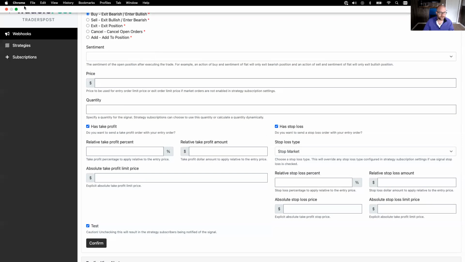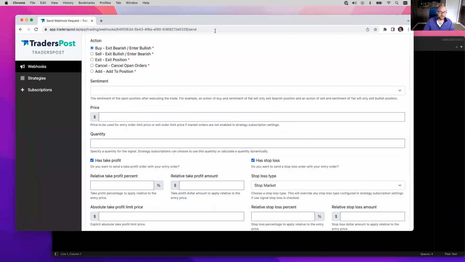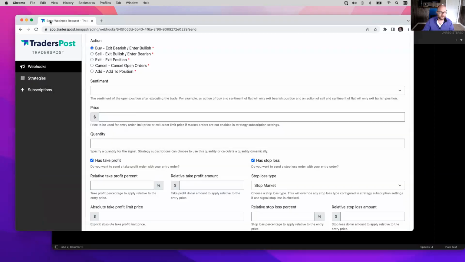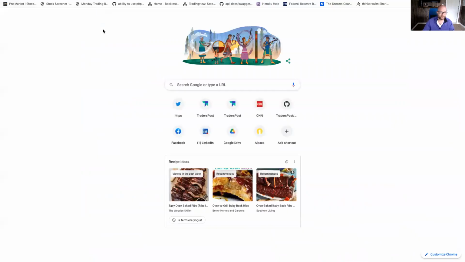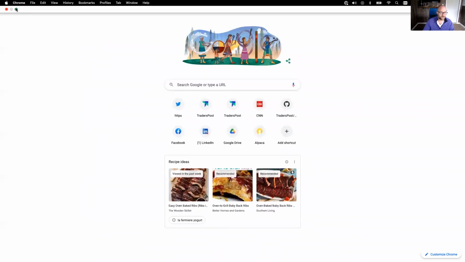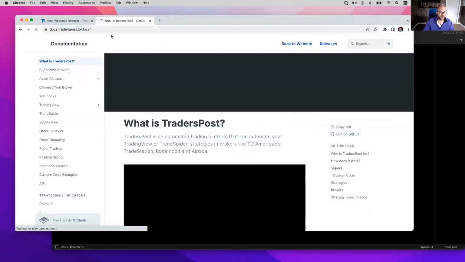So I'm going to pull up my code editor here really quick. This is what I'm going to show you, what some of the signals will look like. Actually, it might be easier. Let me just go to the documentation because I have examples written out. So if you just go to docs.traderspost.io